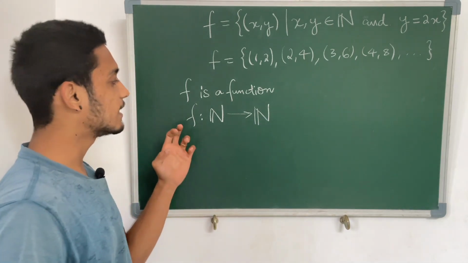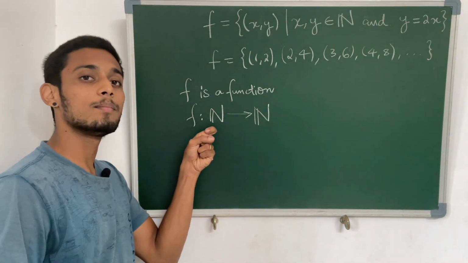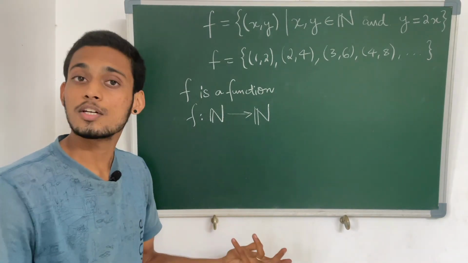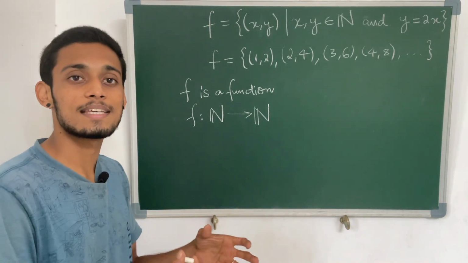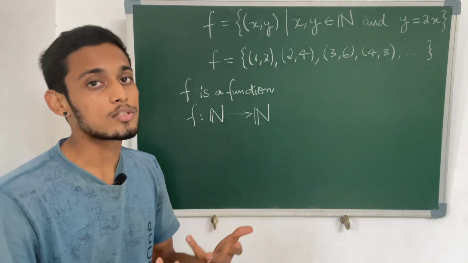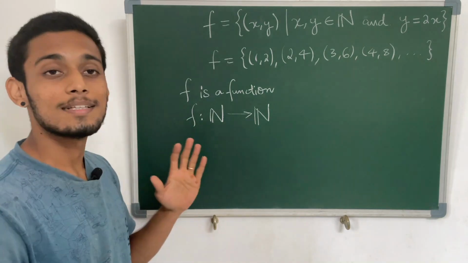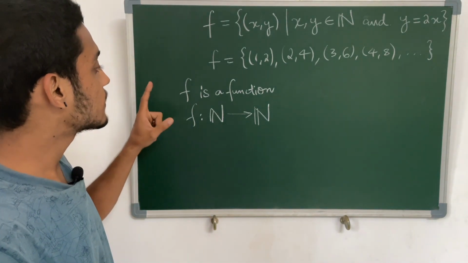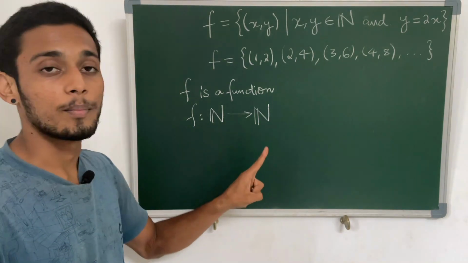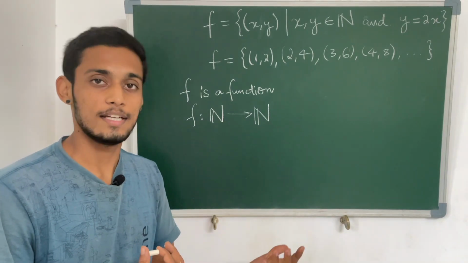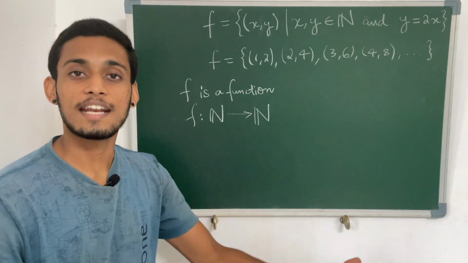So there is nothing wrong in saying that this function is taking the elements from natural numbers and mapping them with elements from natural numbers. There is nothing wrong in that. You can be more specific by saying that natural numbers are mapped with even natural numbers. That is also correct. So if I say this, it's not wrong. Now, if we have established the domain and codomain, can we try to see what is the range? So I gave you the hint. It is the set of even natural numbers.